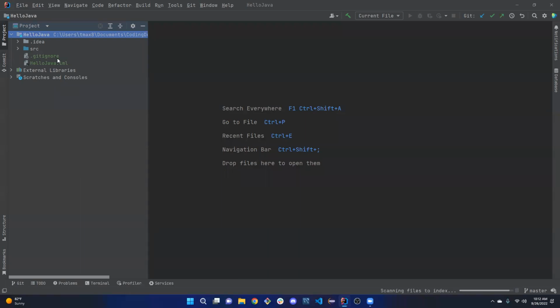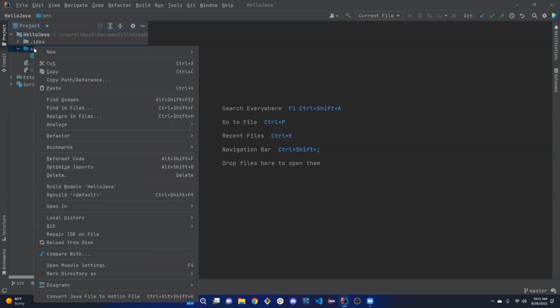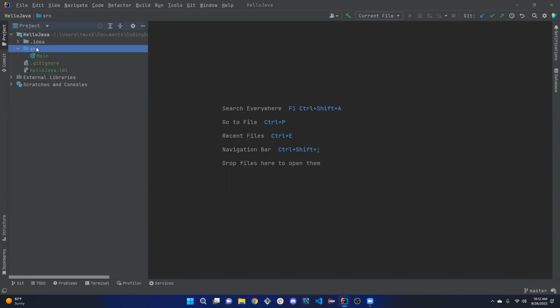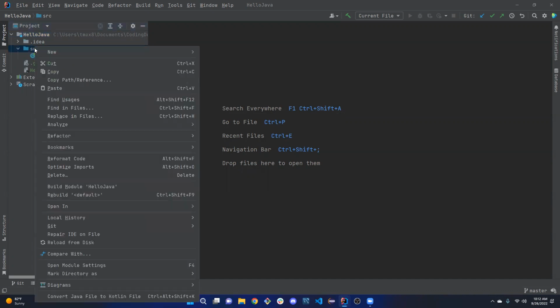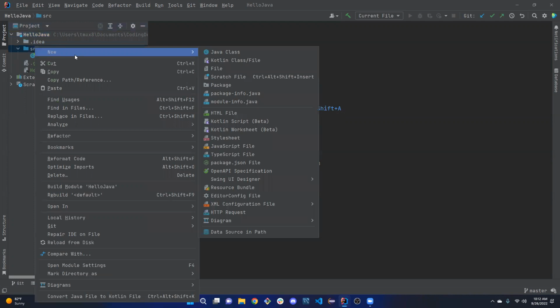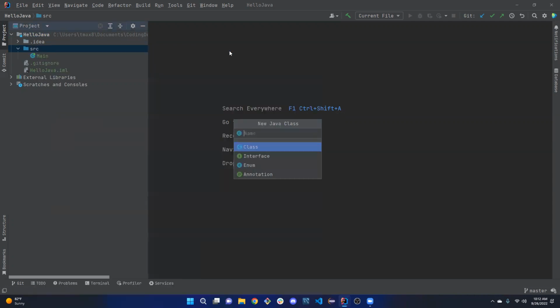Okay, so you should see a page. It's going to basically set everything up for you, and it should look like this. If you want to make a new file, you're going to put all of your files in this SRC directory. So if you want to make a new class, you right-click the SRC directory, go to new, and it'll give you this drop-down of all these different files you can make. So you're going to select Java class,